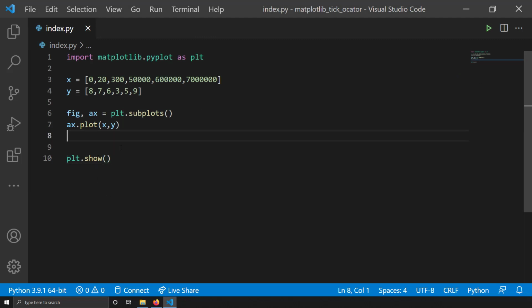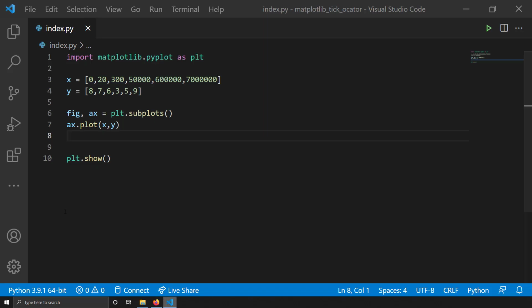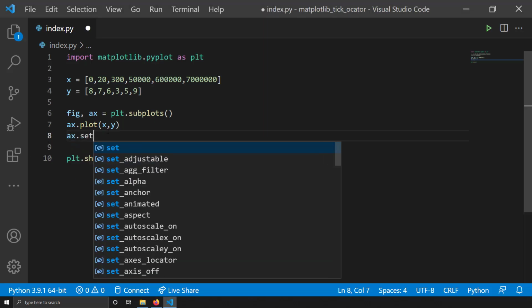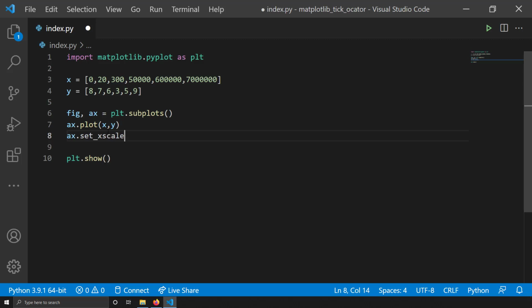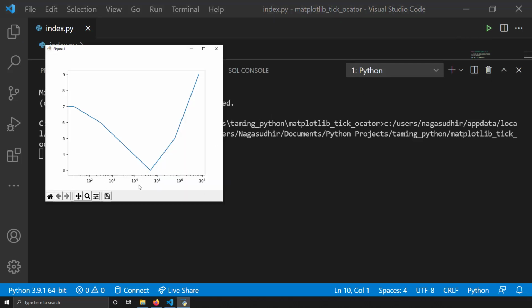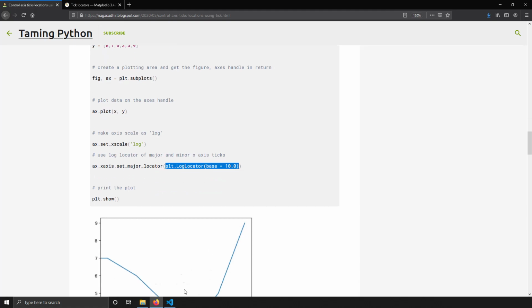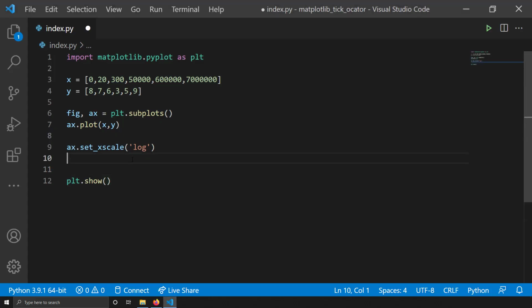For that, we have to write ax.set_xscale('log'). It converts this normal x-axis to a logarithmic x-axis. Let me save and run this. You can see now our x-axis is converted to a logarithmic axis. Then you can write ax.xaxis.set_major_locator, and set plt.LogLocator with the base as 10. So here I can just write